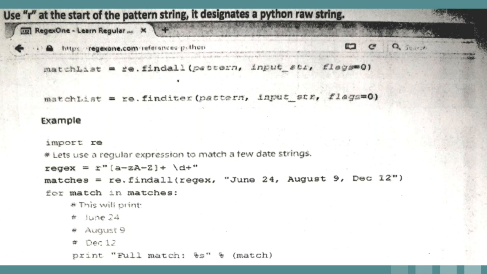So we are displaying the match value. As our pattern was, first we should have the combination of characters, then space, and then the digits. So it will check the first June, after that space is there, and after that 24 is there. So that will be your first match, June space 24, because it matches the pattern. Then the next element it will display as August space 9, and the last one is December space 12, that is DEC space 12. Like that it will display the output. So if you are writing this program, you should get this output.